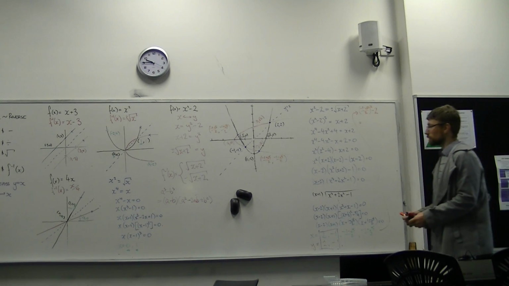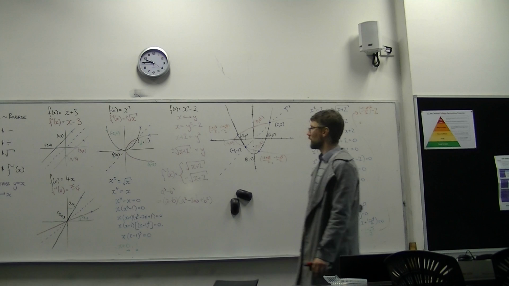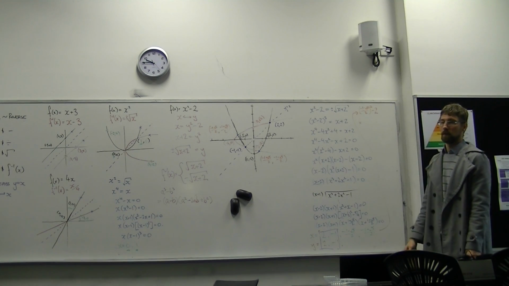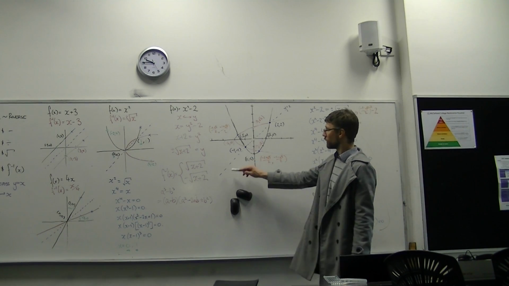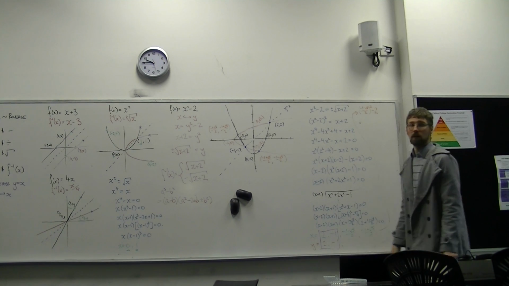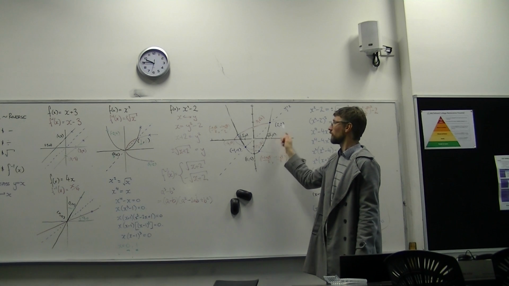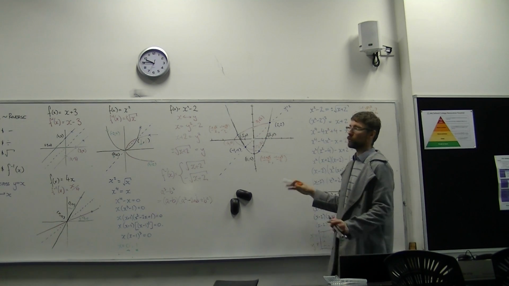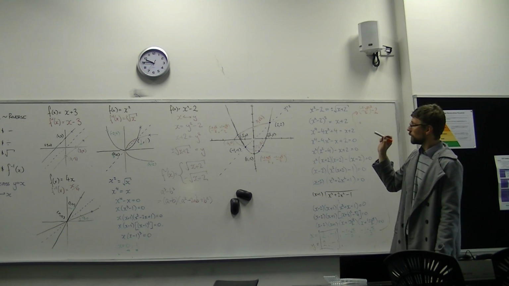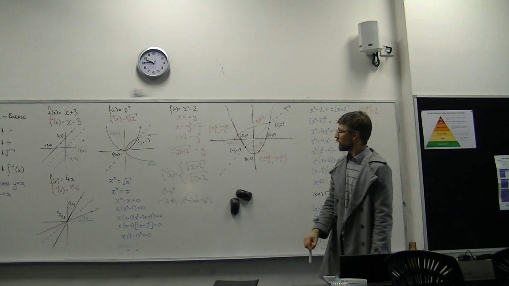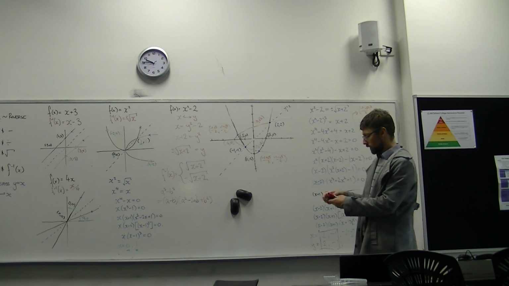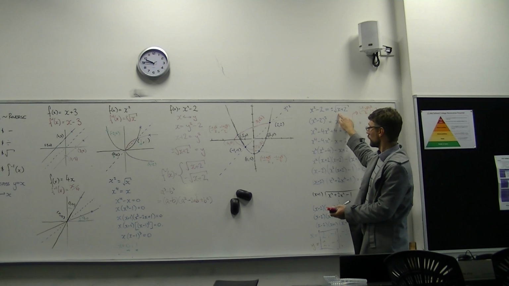Right, now, these blue dots, generally speaking, I'm not going to get you to find. Most of the time I'm only going to get you to find the ones that lie on the line y equals x. Having said that, in theory, you should be able to find the blue dot ones. To find these ones, the best thing about that is you don't even have to make this equal this, because